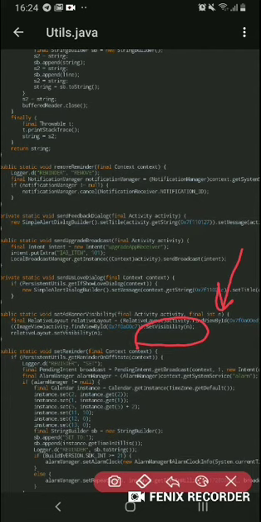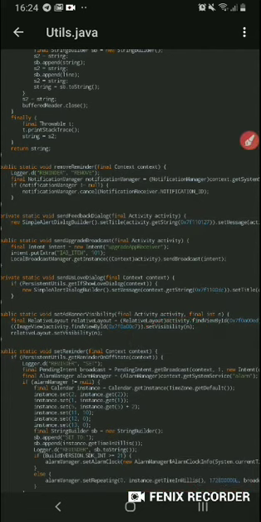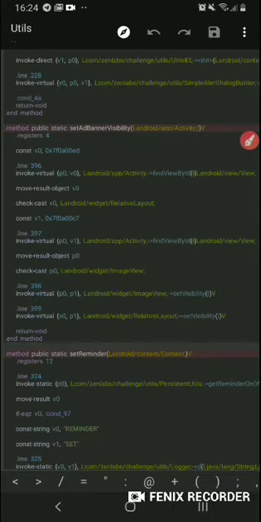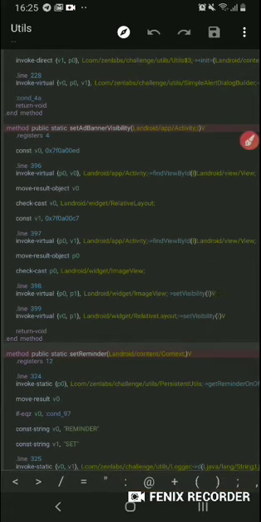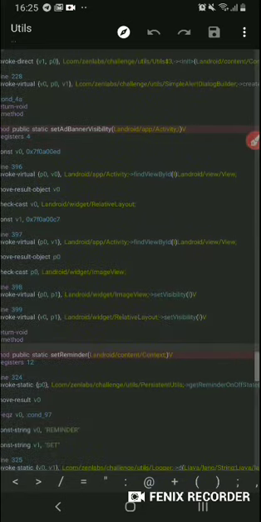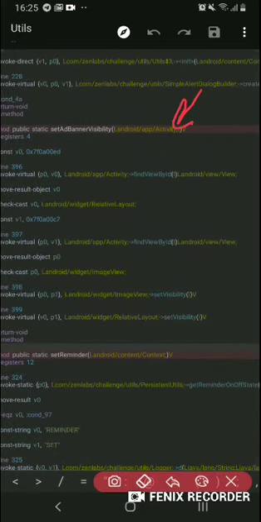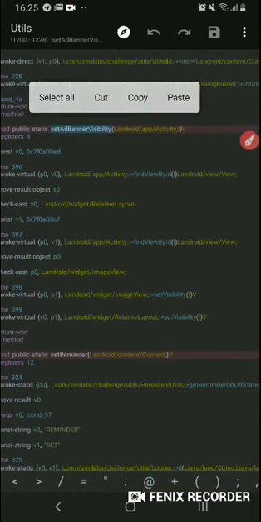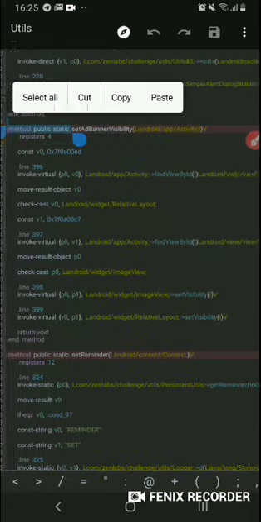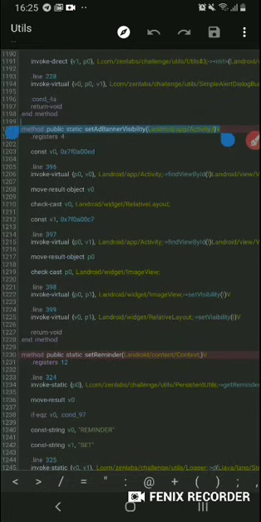Also, the relative layout will have the same integer function. So here, if we don't want it to show, the input should be 8. But there is no place here where we can set it, because the value is defined as input in the function. So now if we copy this function, we can see who called this function to set this integer value. Let's go copy this